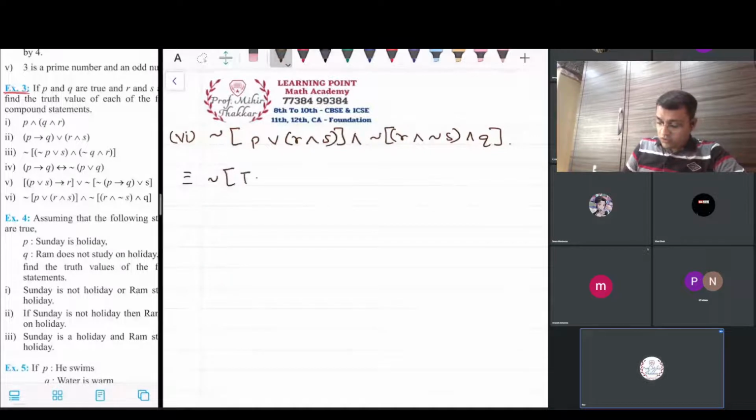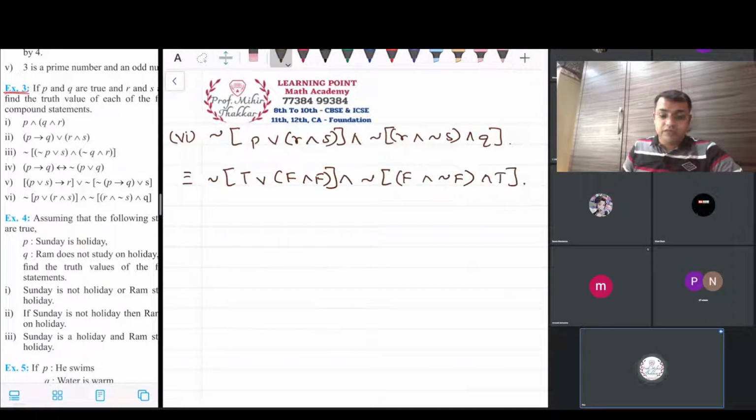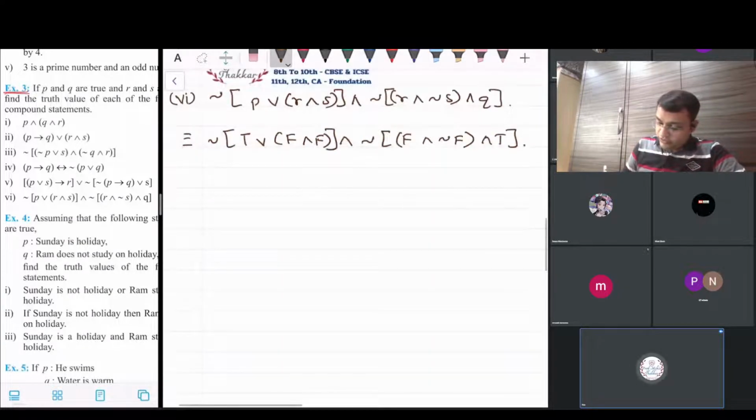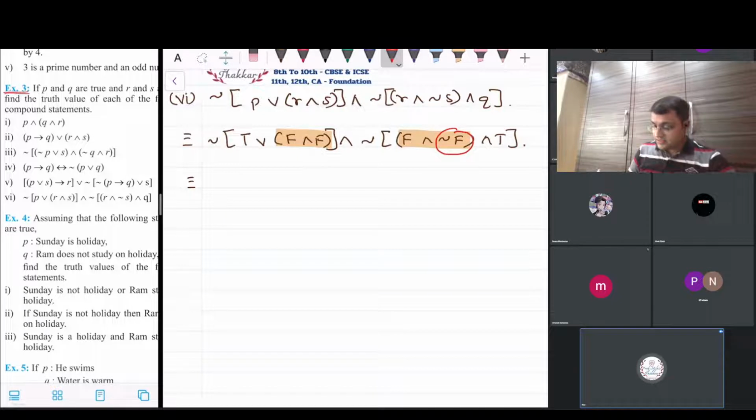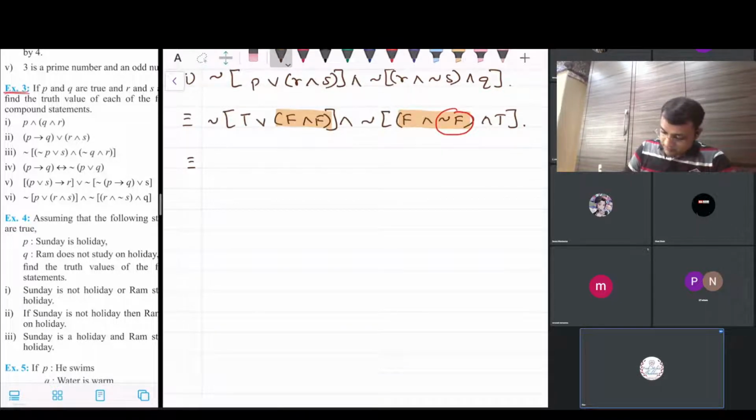So in the sixth sum, let us write down all the truth values in their respective positions. This is true or F and F, and negation F and negation F. This is one bracket and it is T. So that becomes our required truth values. So as we did in the above case, first of all I will solve all the inner brackets, but inside inner brackets also there is one symbol, so which we need to take care of first. After that I have to take care of the bracket, so we have to be careful step by step in this. Let us see.